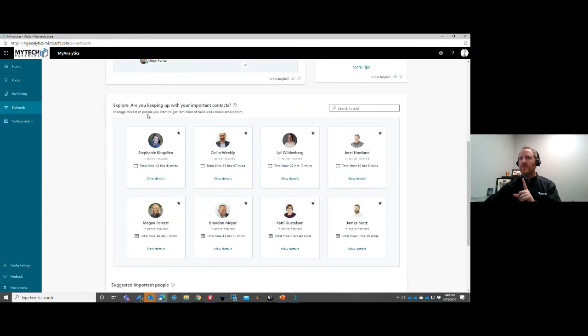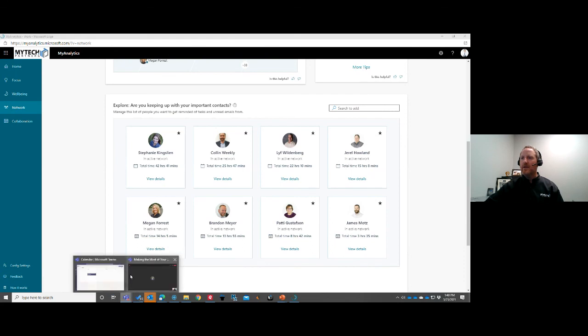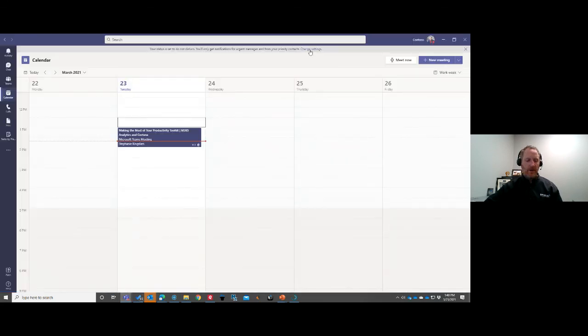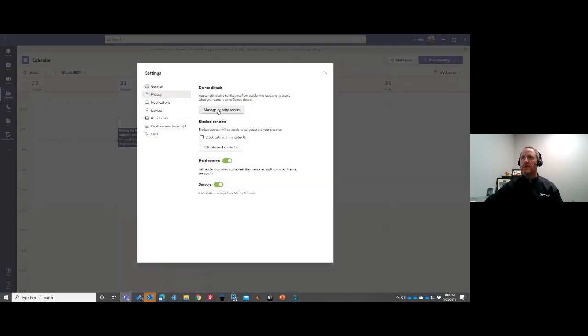And these are, again, a managed list of people you want to get reminded of, tasks and unread emails. So this is really more tasks than emails. But in Teams, that's where you can establish, up here, if you're on Do Not Disturb, who you want to be able to interrupt you. I just learned that recently as I was digging into some of this stuff, as far as how they're different settings. So again, just be aware of that.